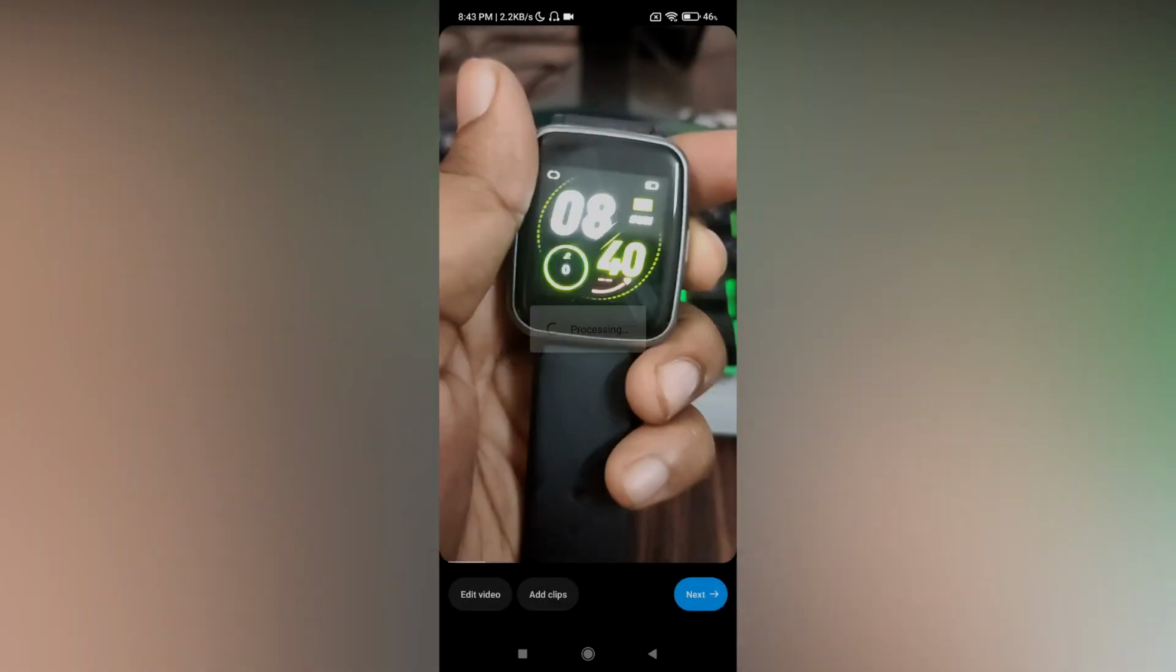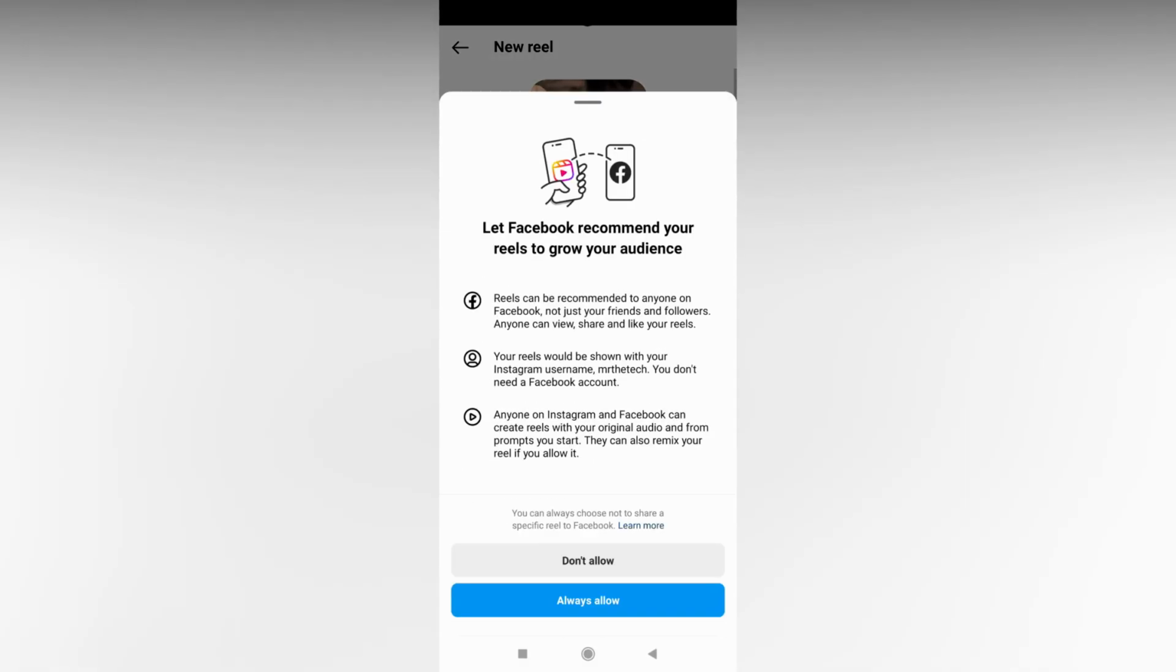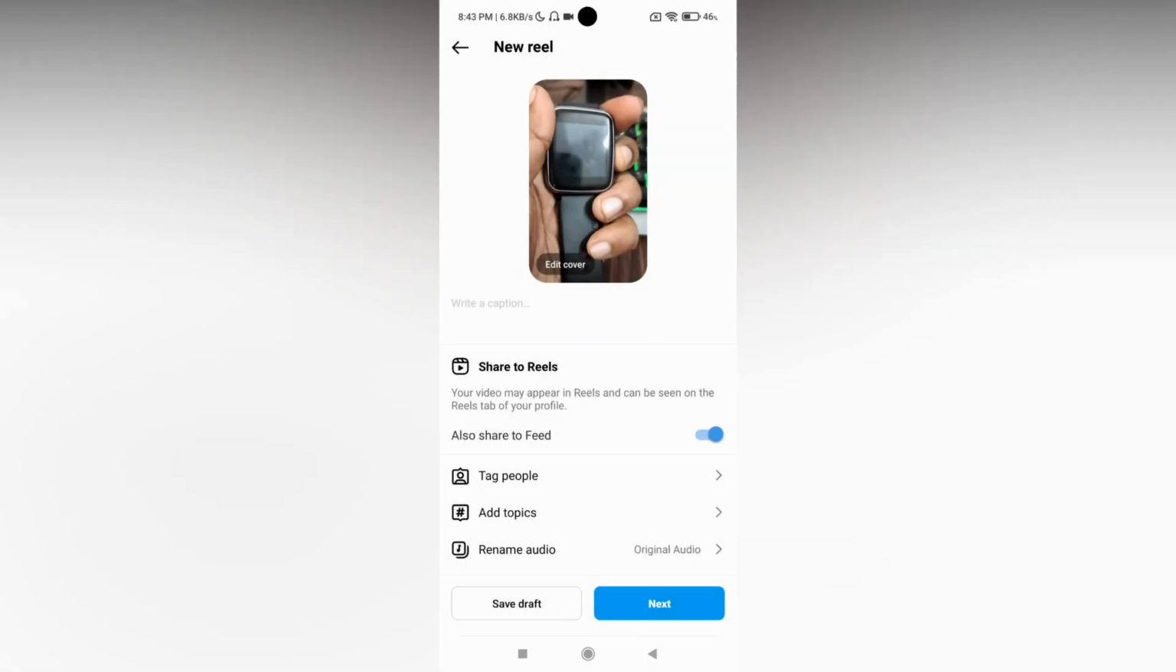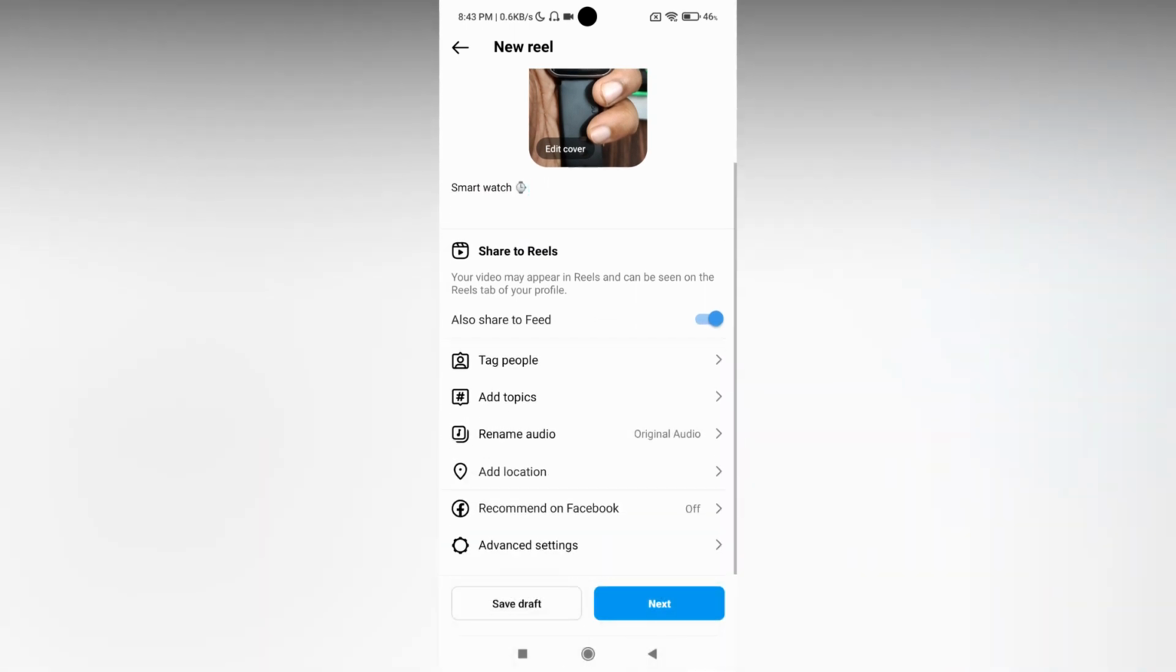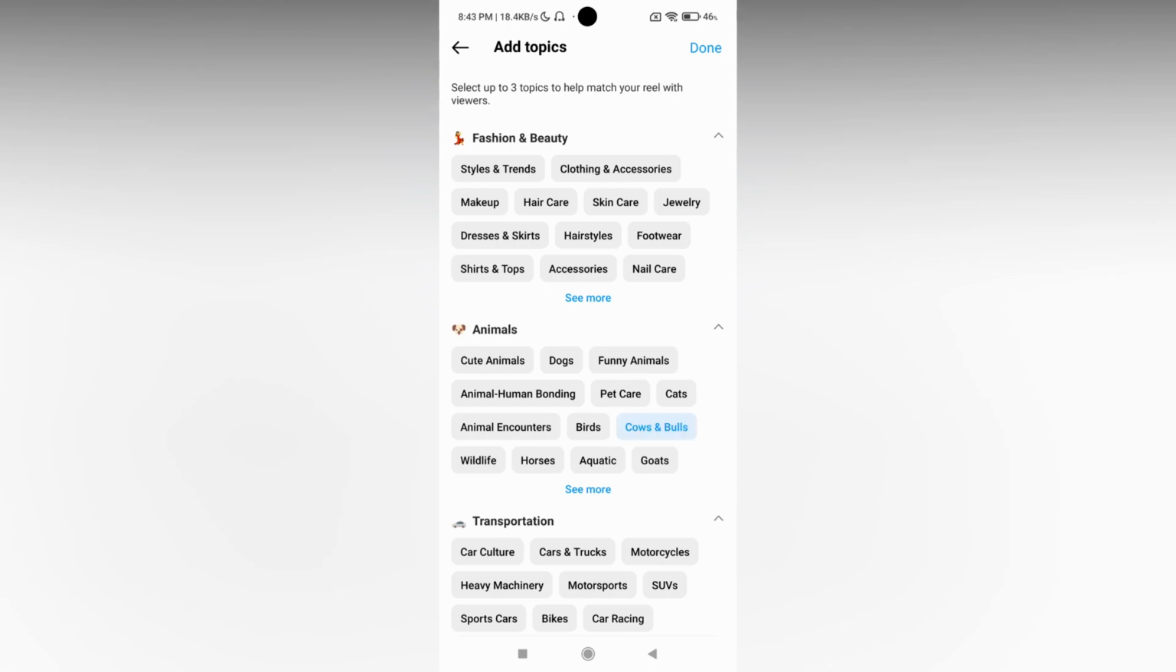So I just choose a video here, and I'm just going to turn it off, and here I'm just going to have some caption about my video. So some edits like a smartwatch, and we can just add some emojis. Now you can just also add some topics for the videos. So whatever that you want to find and whatever that you want to give to the videos,